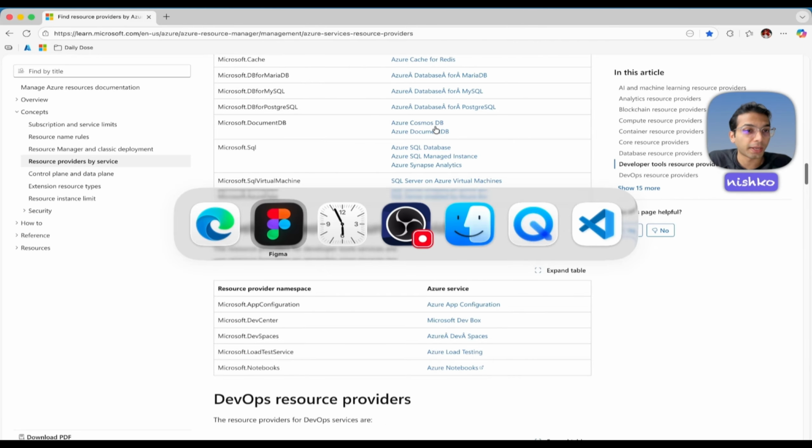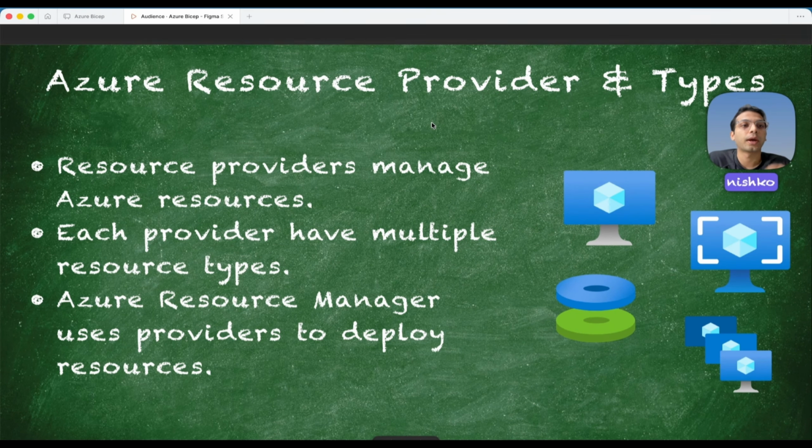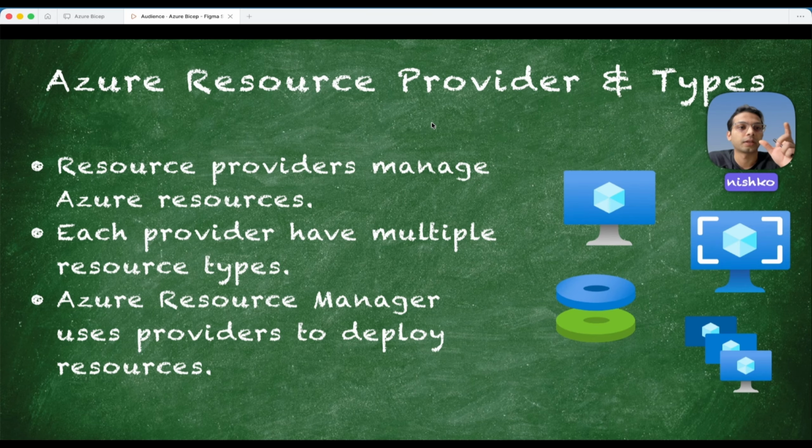How this is going to help: when you are writing your Bicep, you have to provide an API. That API represents what type of resource you want to deploy, right? And there comes the relation of provider and types, because you will get more familiar with the deployment and be comfortable about what to use when you have a very clear understanding of the provider. And eventually, when you are writing things up, you're going to get